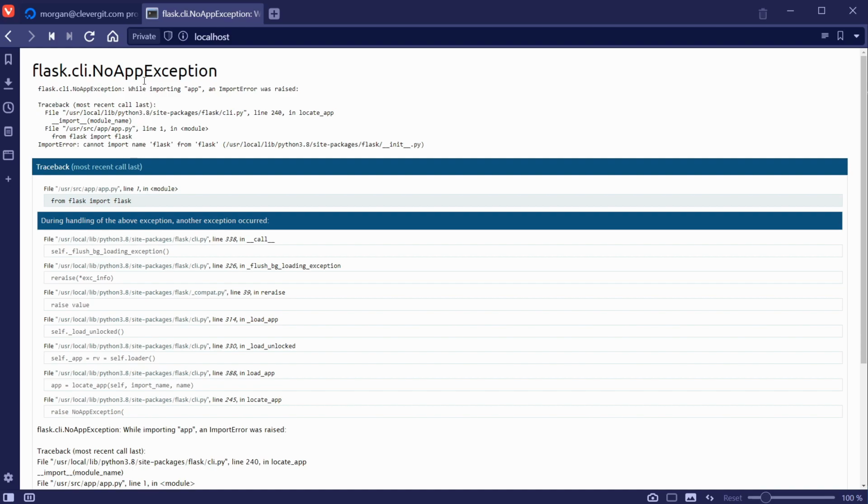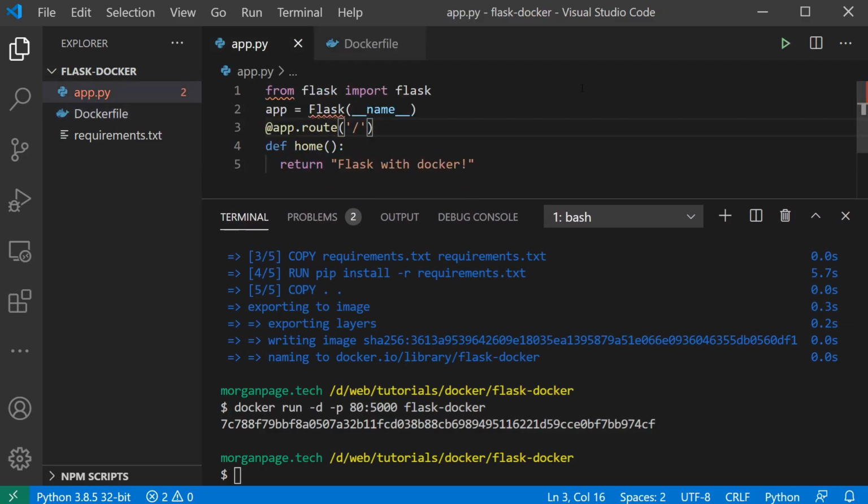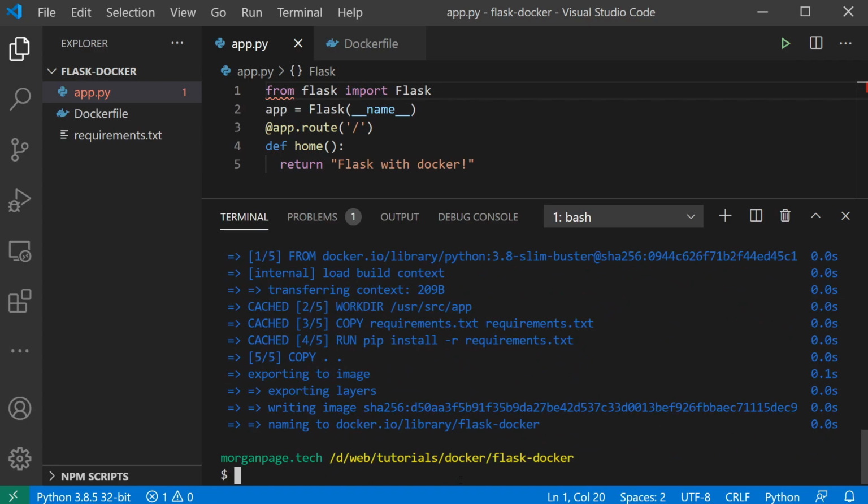And so we get an error here, which is cannot import name Flask from flask. So let's see what that's about. And that's correct because I need a capital F there. So let's fix that and then save the file. And we have to rebuild the image. And then rerun the container using that image